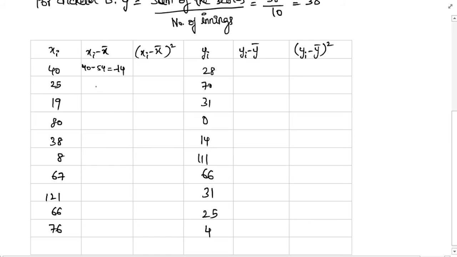Okay, similarly calculate for others as well. So this will be 29, this is minus 35, this is 26, this is minus 16, minus 46, 13, 67, 12 and 22. Okay. Similarly, the square of this will be 14 square is 196, 29 square is 841, 1225,